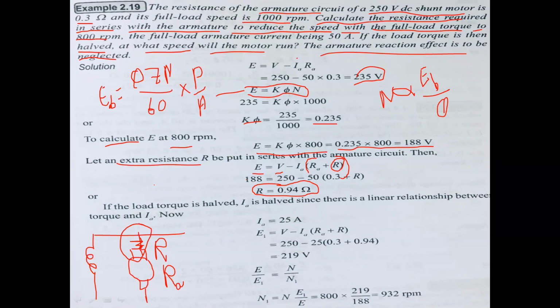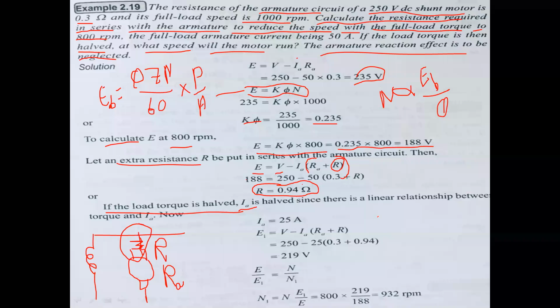The load torque is halved. If the load torque is halved, then Ia is halved. How does torque become half? Torque becomes half, so Ia also becomes half, because torque is proportional to